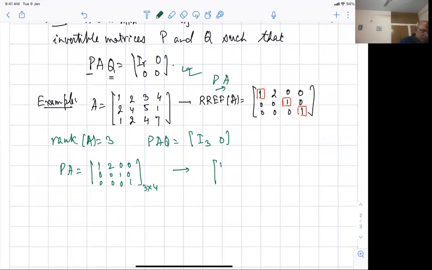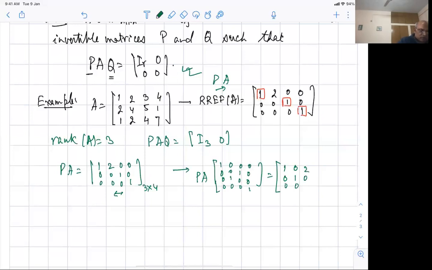All right. So I'm not going to do anything to the first column. I leave it as it is. Second column, I need to make it the third one. So let's interchange these two. Interchanging these two means interchanging the corresponding identity matrix. So if I apply this to P times A, what exactly do I get? Let's see it. So PA times this one will give me 1, 0, 0, no problem. 0, 0, 1, 0 means 0 times the first column, 0 times the second column, 1 times the third column. So I get 0, 1, 0. Now it will become 2, 0, 0. And the fourth will remain as it is. So I'll get this part.